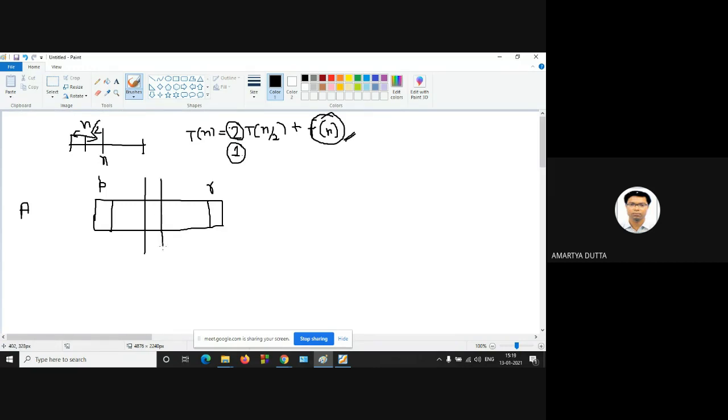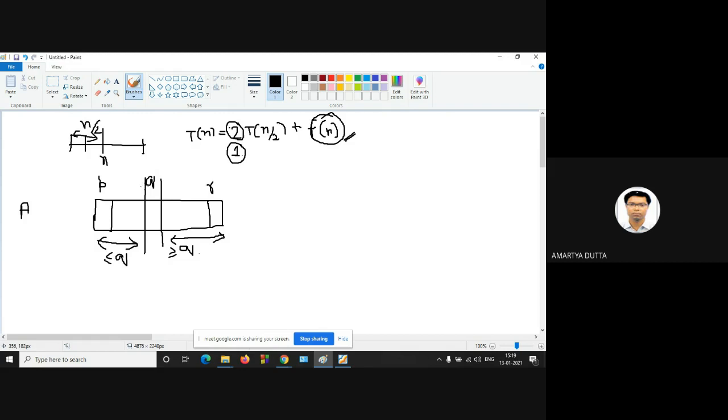So this is A[P] to A[Q minus 1], if this is your Q index, so all elements are less than or equal to A[Q], and all elements from Q plus 1 to R are greater than or equal to your A[Q].